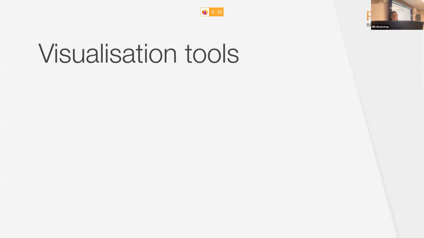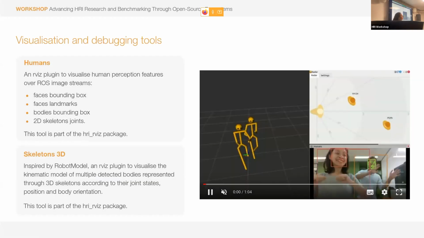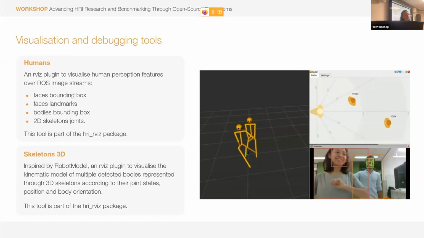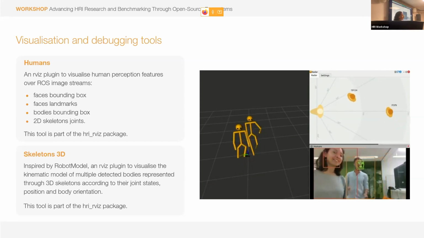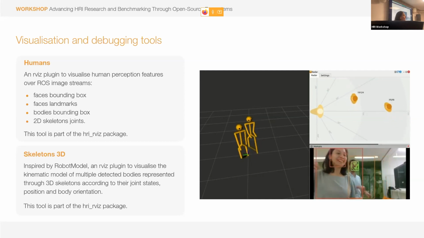And finally, just to also mention, as I said, it's not just about thinking of how to develop the system, but also how we can easily understand or analyze what's going on while the robot is performing. So here we have also started developing some simple visualization tools, but they are very useful when you're trying to guess, okay, what the hell is the robot doing? I'm sure we have all gone through that experience very often. So, 4 tools that I just wanted to present very briefly here.